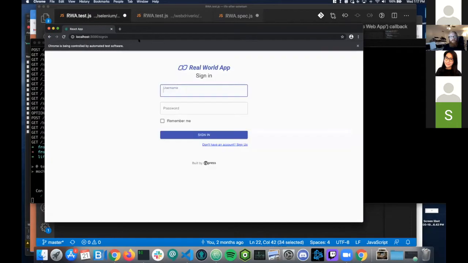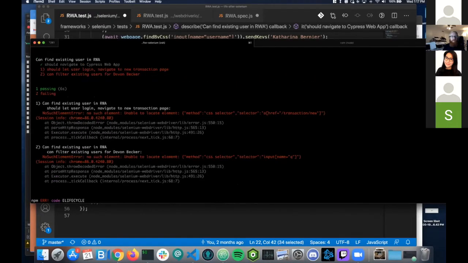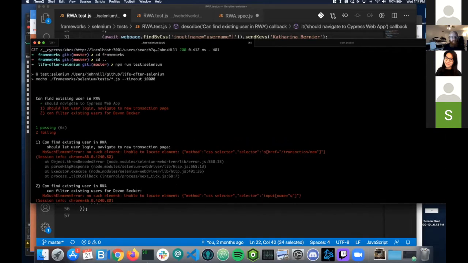And so you can see it launched Chrome, logged in, but oh no, it failed. So let's see. It says that no such element existed for this here. That's odd. We don't exactly know why that is. We have this console log that kind of helps us, but we're kind of stuck at this point. So I'm actually going to leave you all in suspense and move on, and we're going to come back and